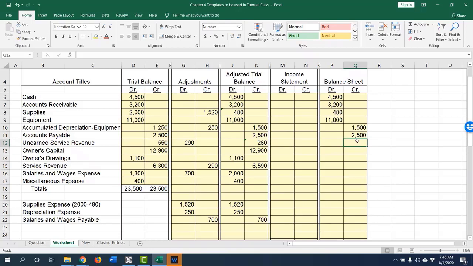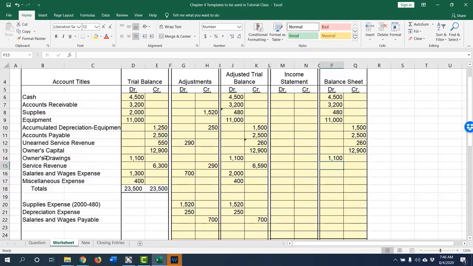Unearned revenue, another liability. So it should also go to the balance sheet part, credit side, 260. Owner's capital, anything related to owner's capital, owner's equity will also go to the balance sheet. Okay, so owner's capital of 12,900 credit balance, so it will also be on the credit side, and we'll write it in the balance sheet part. Drawings is related to owner's equity, so it will also go to the balance sheet part, but drawings normally has a debit balance, so we'll write it on the debit side. Don't make a mistake in writing on the debit or credit side. Okay,